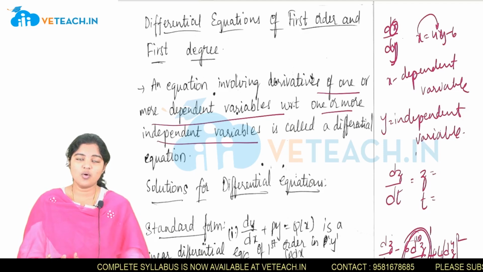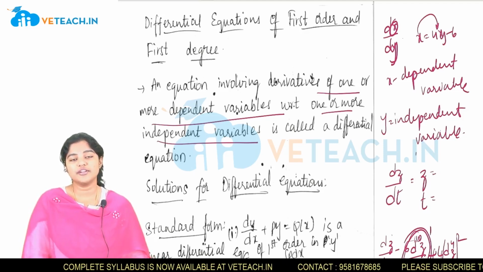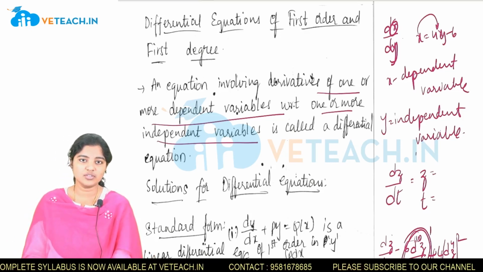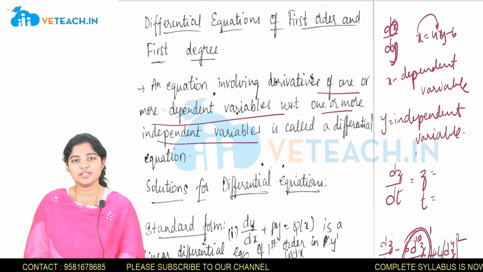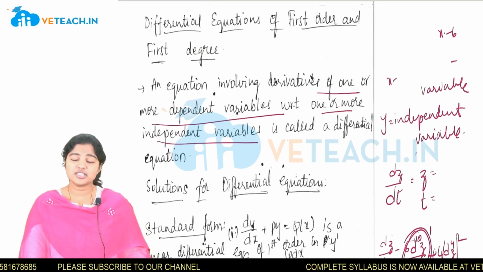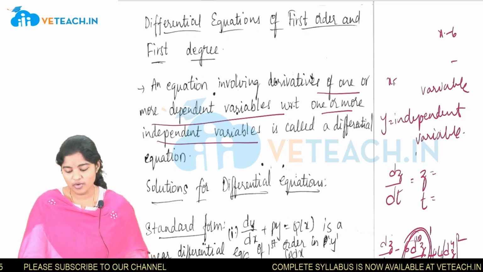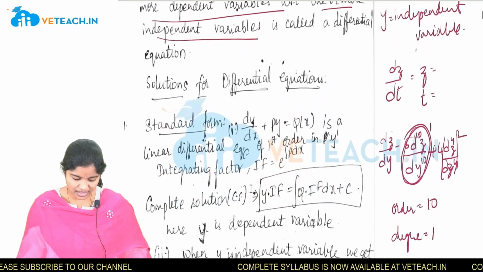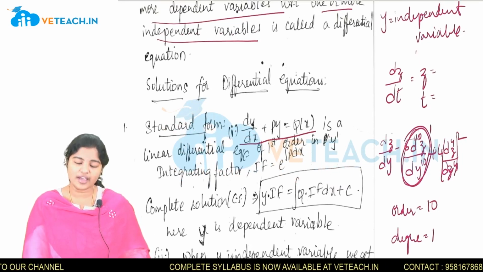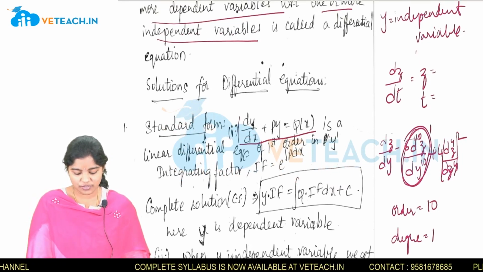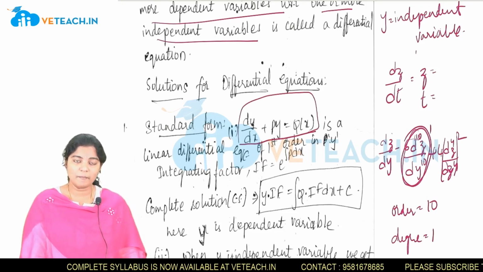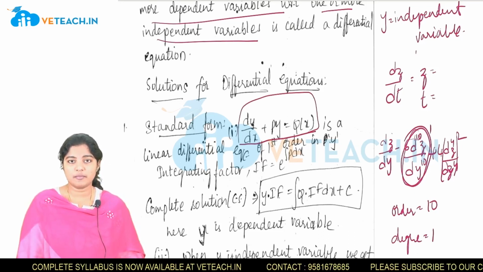What you should find in this whole chapter is only the solutions of the differential equations. That means the given question will be in the form of dy by dx or some derivatives. We should find the answer only in the form of variables. That means in the answer we should not get any differentiations. So now first and foremost method is standard form. What is a standard form? The differential equation which is of the form dy by dx plus P of y is equal to Q of x, which is of the form dy by dx plus Py is equal to Q of x, is the standard form. So we should find solutions for such type of questions.